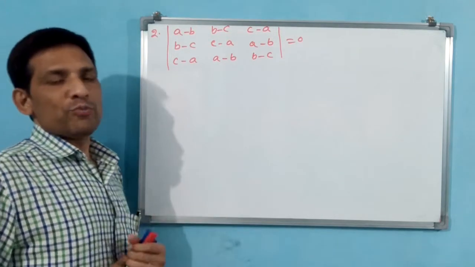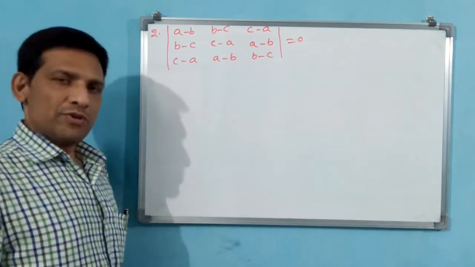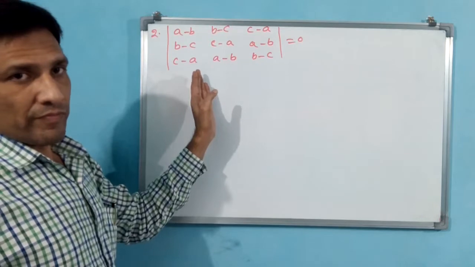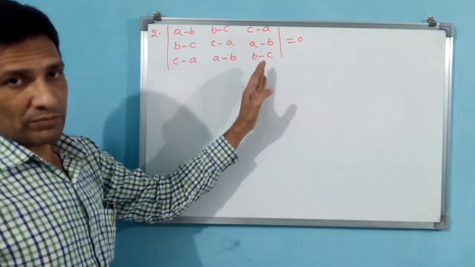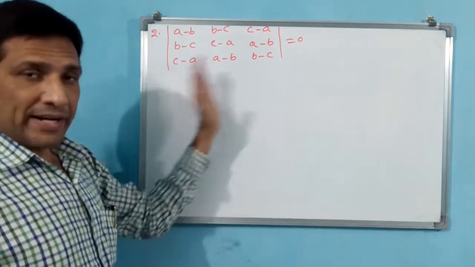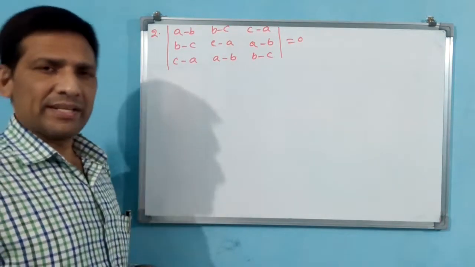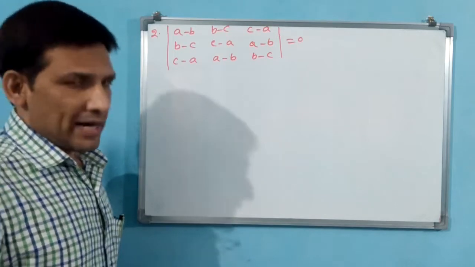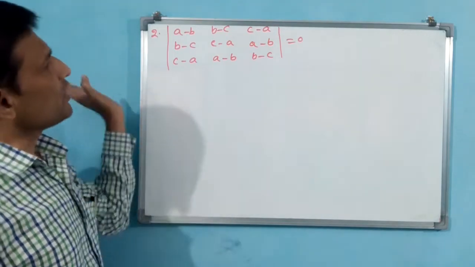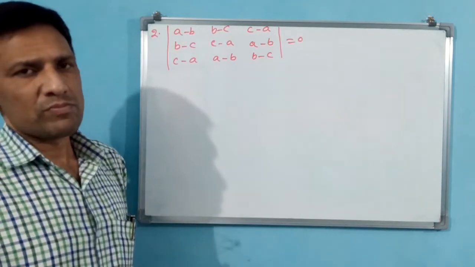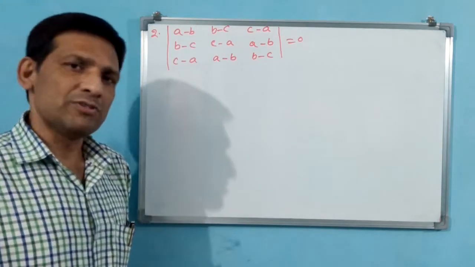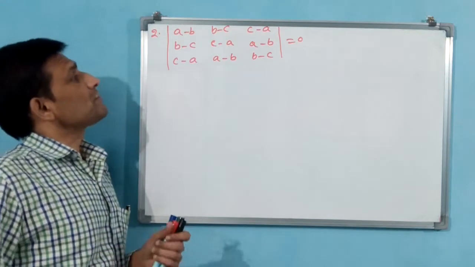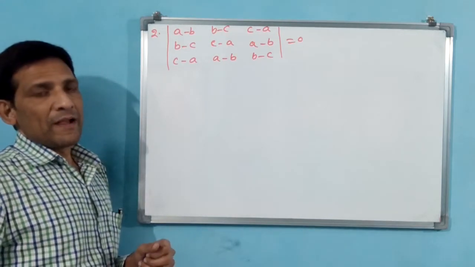How can you prove? Same as I said, in any one row, you have to make another row identical. If identical rows or identical columns are there, then we can show it as 0. And another option is, you can make all zeros in any one row or any one column. You have to make all zeros. Is there any possibility of becoming 0? You first simply observe what is there.